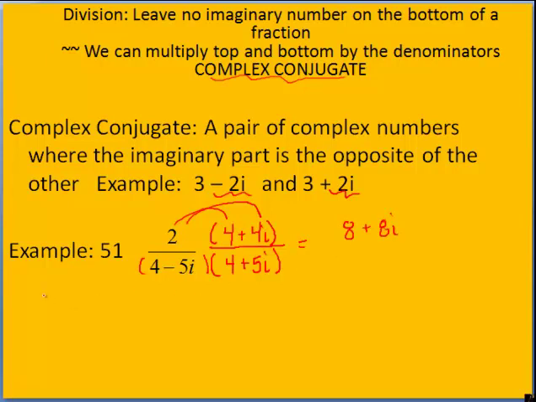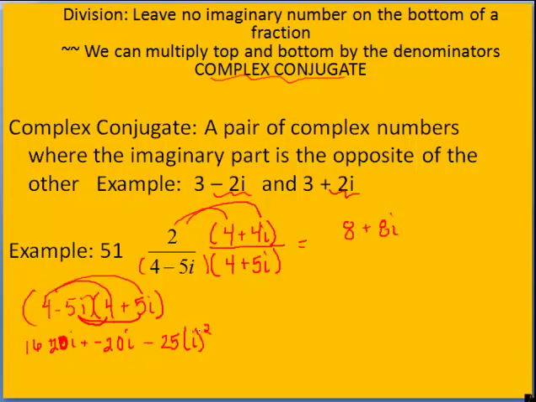Alright, on the bottom here I'm going to do a little bit of side work. And we are going to multiply these just like we had to do in the last slide. We're going to have to FOIL. Okay, make sure everything in this group gets multiplied to everything in the other. So I'm going to get 16 plus 20i. Right, now here's the beauty of this. When I take -5i times 4, I'm going to get -20i. And this is the nature of these complex conjugates. Okay, and then when I multiply these, I'm going to get -5i times 5i, so it's going to be